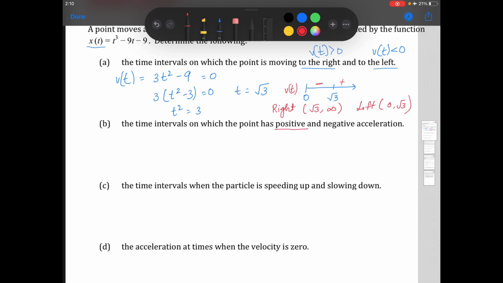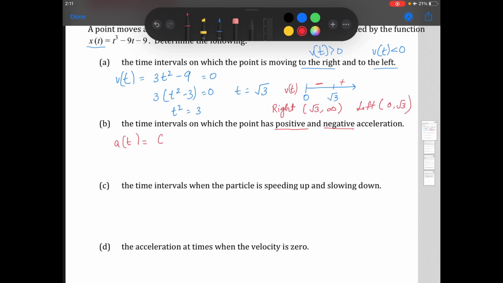So part B says the time intervals on which the point has positive and negative acceleration. Again, we need to talk about our relationships. What is the relationship of acceleration to our given equation? So here I know my acceleration is the derivative of velocity, so I'm going to find my a of t,